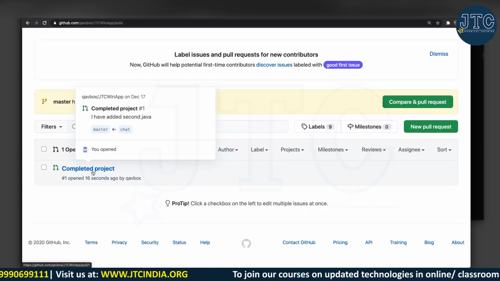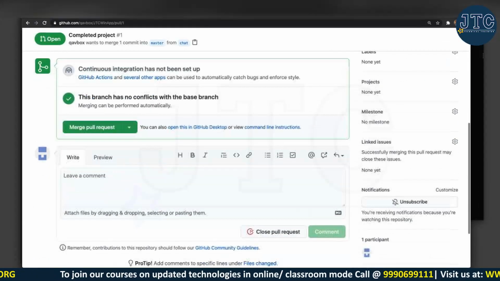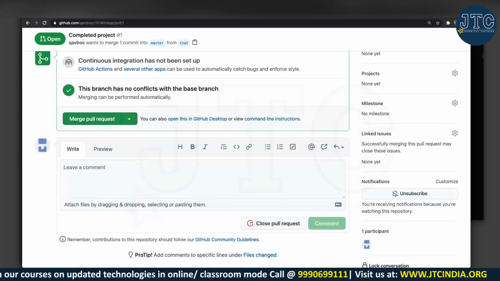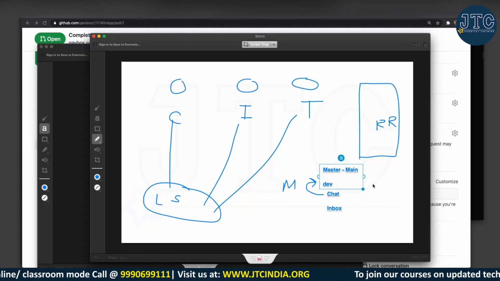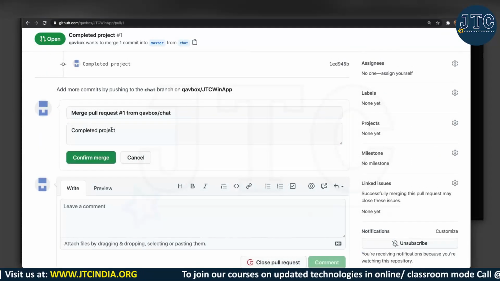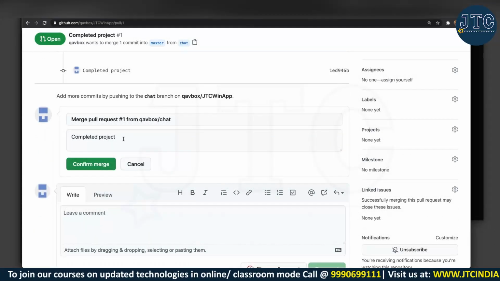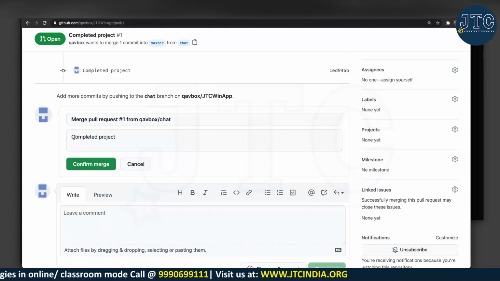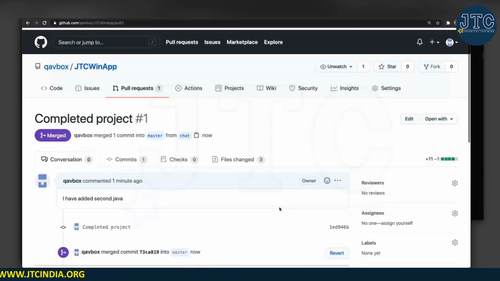Now I will click on this one, and then what I need to do, I need to always keep this image in mind, from chart to master. So I will say merge pull request, and then any comment that you want to write, you can write, or else leave as it is. I always tend to leave as it is, because the developer who wrote the code will know what the commit message is. So I will just say confirm. Fine. And then you are done with that.